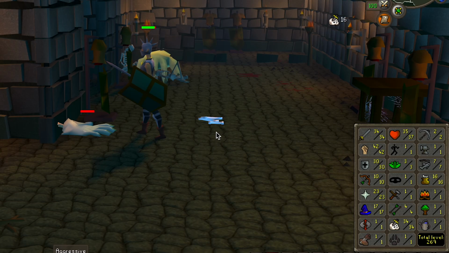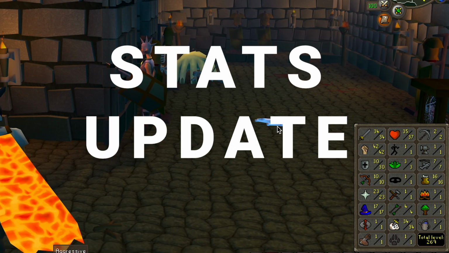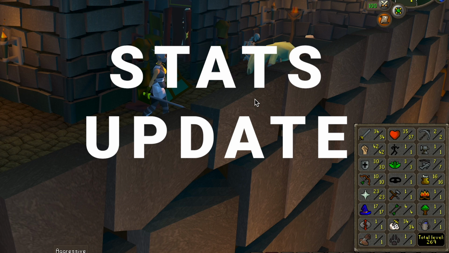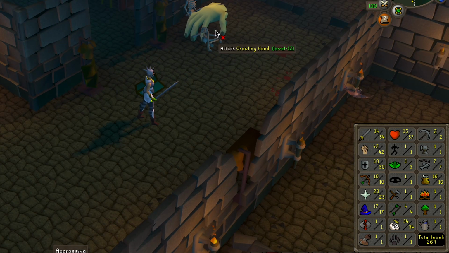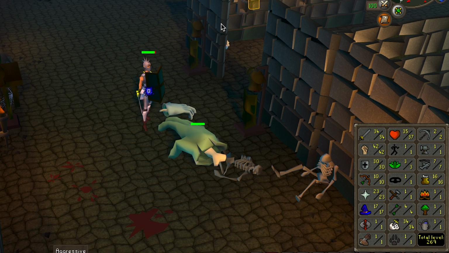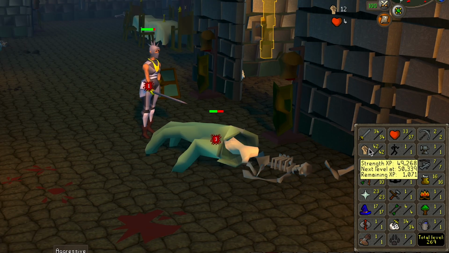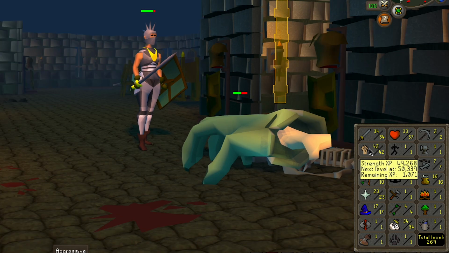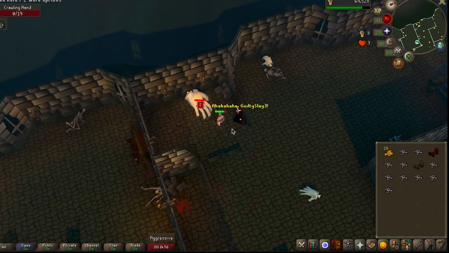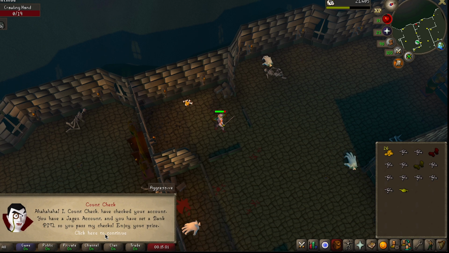But anyway, picking back up where we are, here's a stats update. You can see, even though we might have made a ton of progress on our Slayer assignments, we're only at 34 Slayer. We're back killing these bloody hands again, so it is what it is. But yeah, this series is so far along, and yet we still have such a long way to go. And man, do I get excited when I see Count Check or anyone that can give us one of